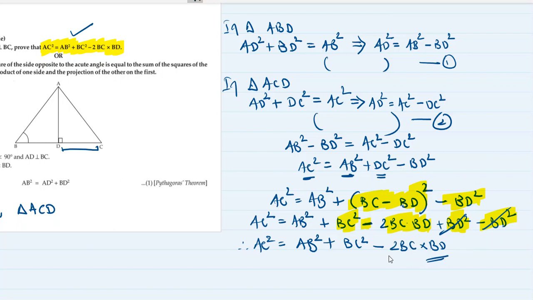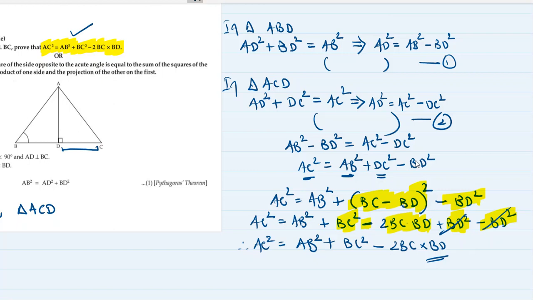And did you see how I kept on rearranging my statements to get what I need? There was one moment where there was uncertainty, when I needed to take a chance on whether to split DC or BD. I chose to split DC. If I would have chosen BD, then also it would have been okay, because it would become BC minus DC the whole square. Still we would have got the answer.